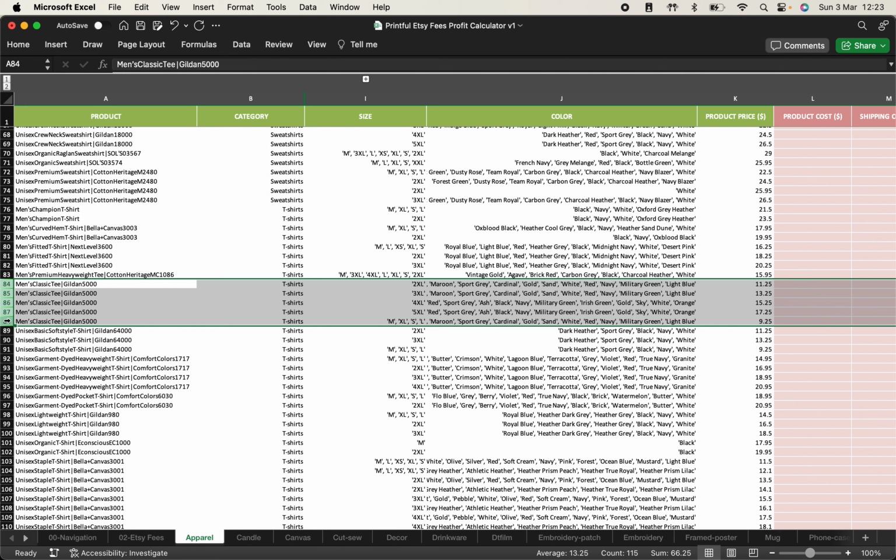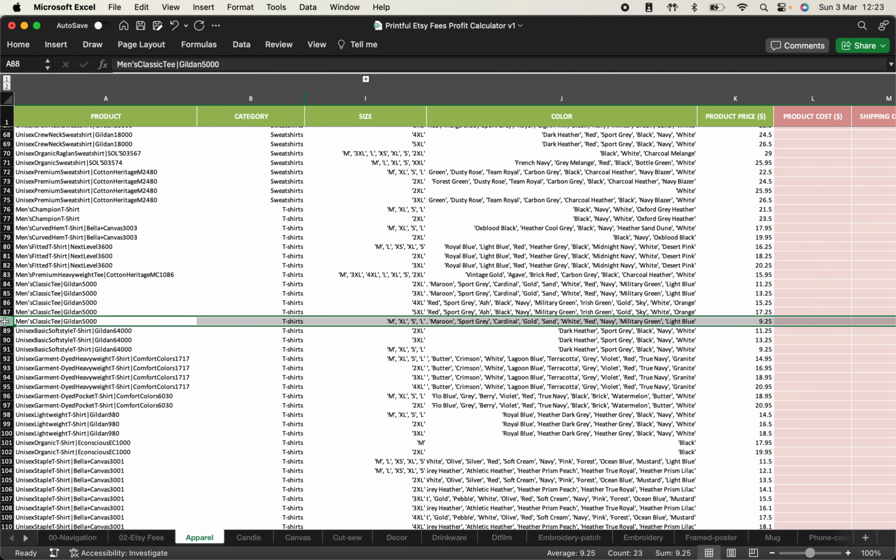So as we can see here, we have 5 different variants, and the prices vary predominantly by size. If we take a look at row 88, you can see that medium, XL, small, large,